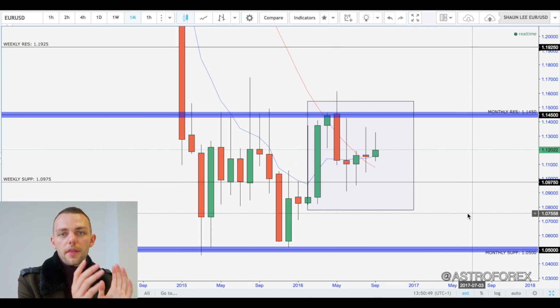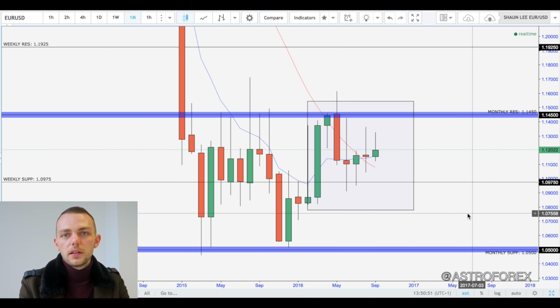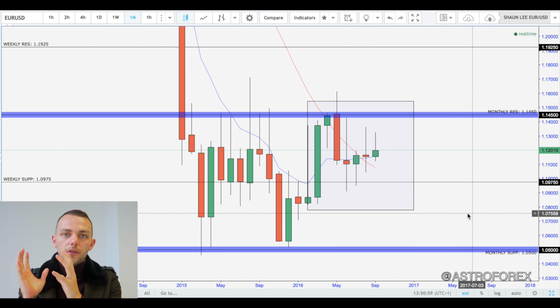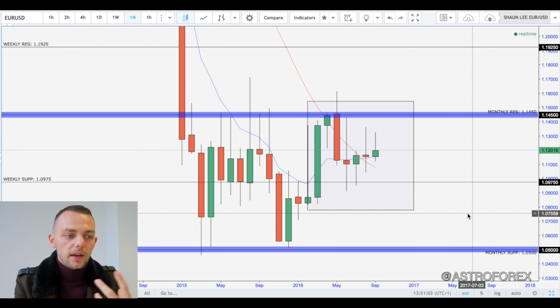So if you focus on this area on the euro on the monthly time frame, I don't look at charts hourly or below an hourly, like 30-minute, 15-minute, and so on. I always like to come from top to bottom. Now, in the case of the euro, which you'll see in a minute when I step down the time frames,